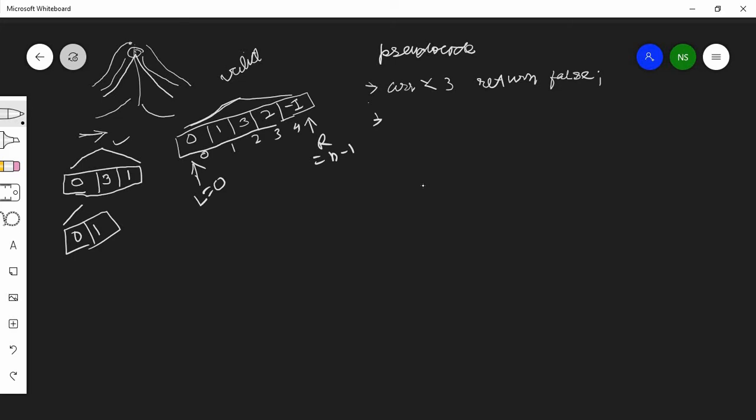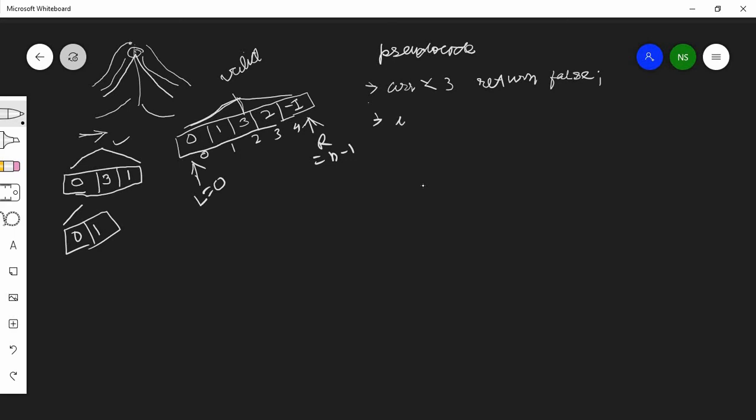And what we will do, we will check if the next element is greater than the previous element for the left pointer, then we will increase our left pointer. And we will keep doing this. When we find that the next element is not greater than the previous element, then we will stop here and break out of the loop. And similarly, we will decrement the right pointer by checking if the previous element is greater than the element at the next position. So in this way, we will check.